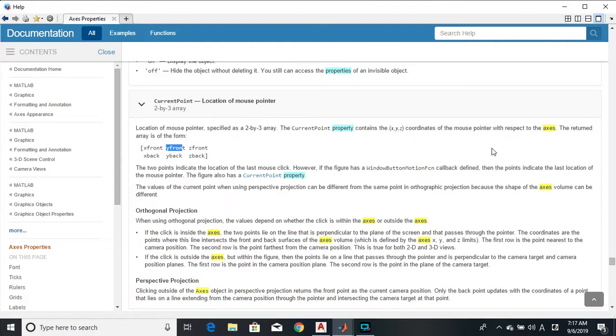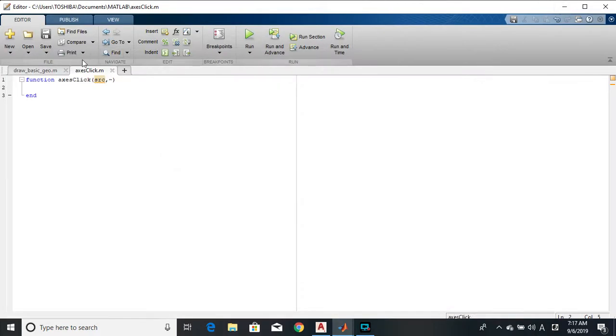The name of the function is simply get. When you want to set a particular property of an object to a certain value, you use the set function. When you want to get the value of a property from an object, you simply use the get function. So what we are going to do right here is simply say get,